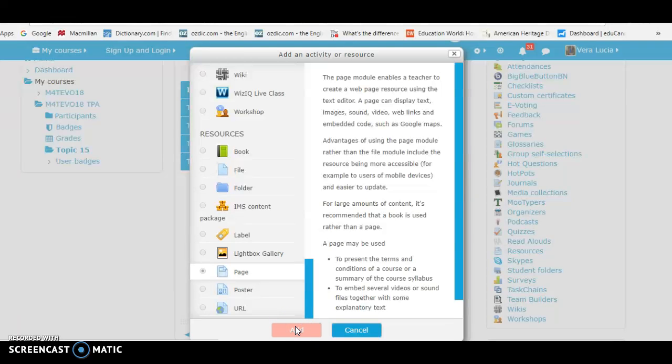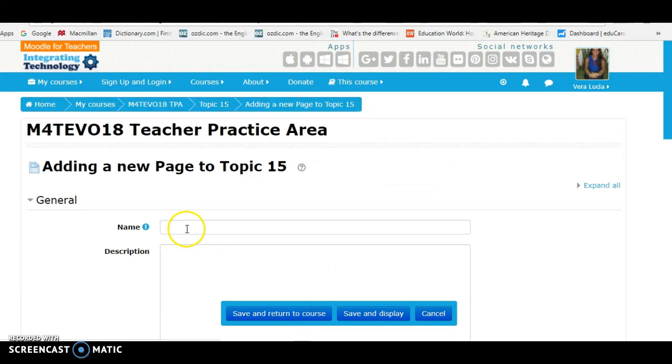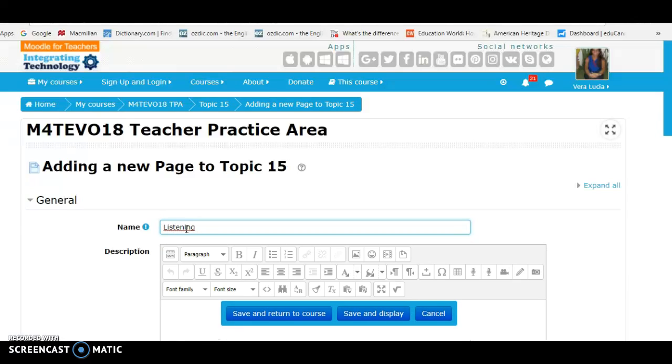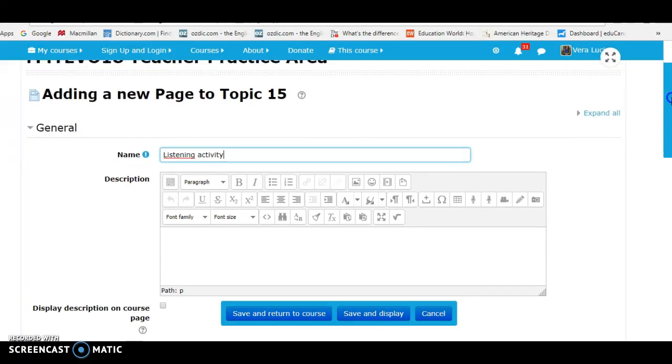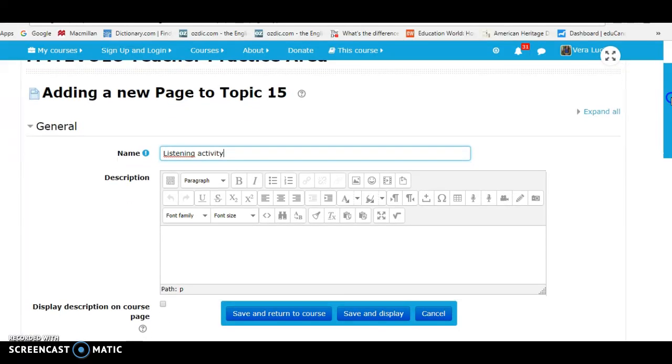And guess what? I created a Padlet. So I'm going to name this listening activity because I'm also taking a MOOC on EVO about teaching listening skills. So I created this activity and I'm going to share with you the activity. So what we're going to do is I'm going to get